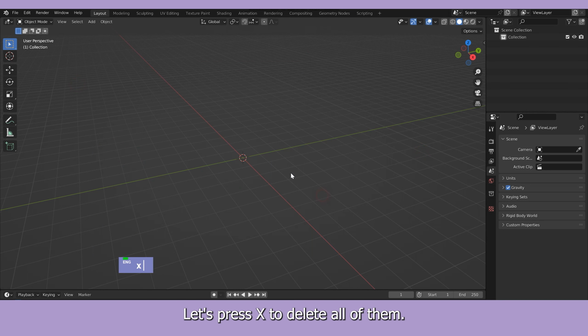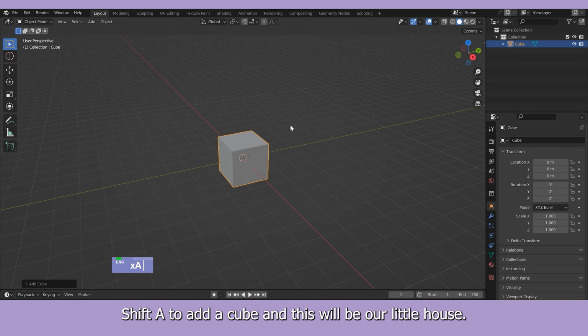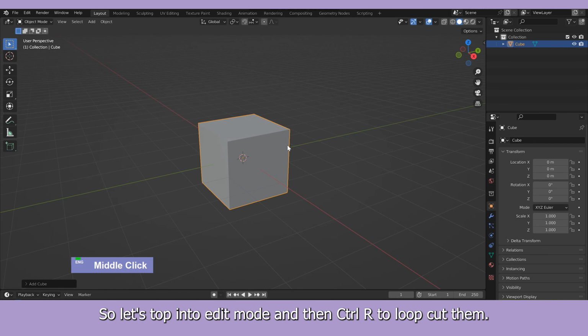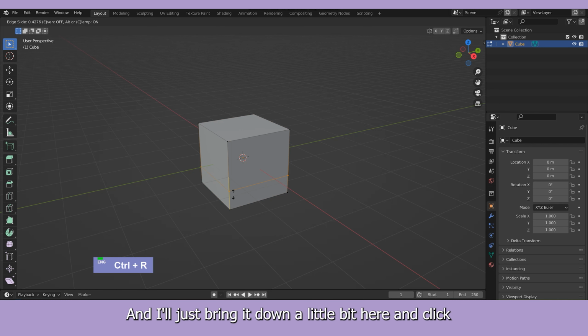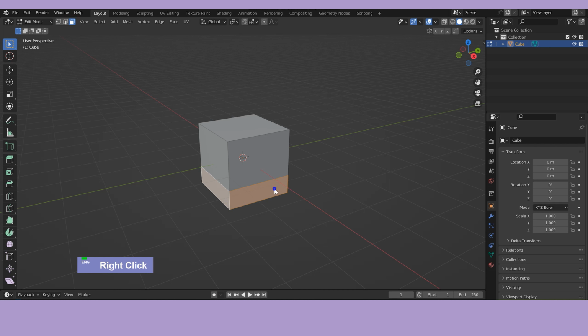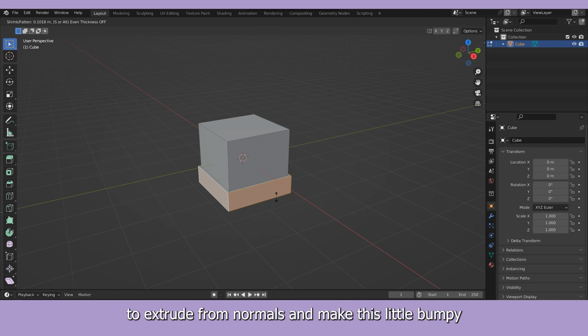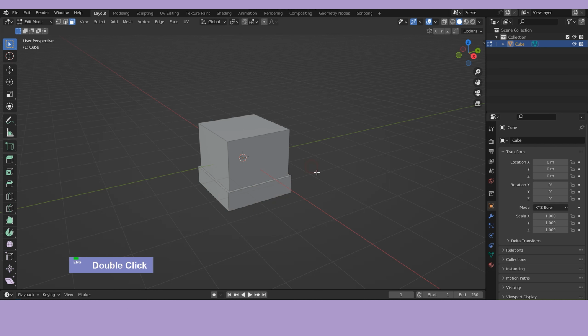Let's press X to delete all of them, Shift A to add a cube, and this will be our little house. So let's tap into edit mode and then Control R to loop cut them. And I'll just bring it down a little bit to here and click face selection, Alt left click to select the whole loop, and then right click your mouse button to extrude from normals and make this little bumpy section